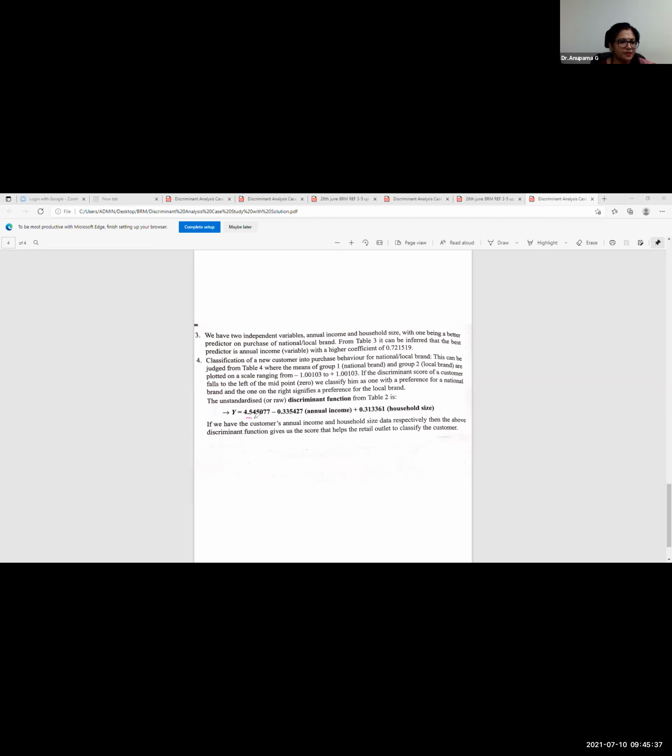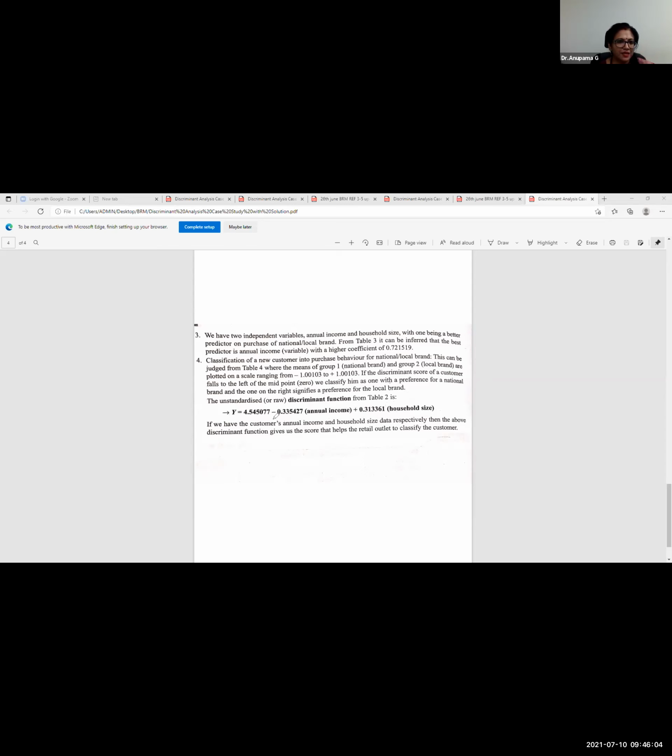Which is the constant? Can you tell me, unmute and tell me which is the constant? What is the value of the constant? It's already highlighted. 4.5407. Yeah, right. You can do it to 2 decimals only. They have done it for the case study. Rajendra Nargunkar case study is showing at least 5 decimal points. That's okay. So Y is equal to a constant plus, that is your standard discriminant function.